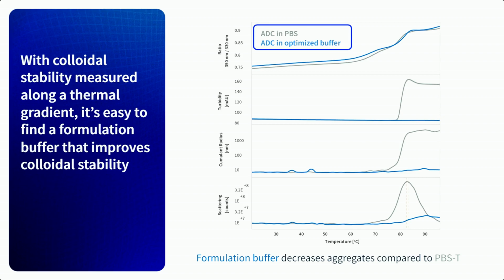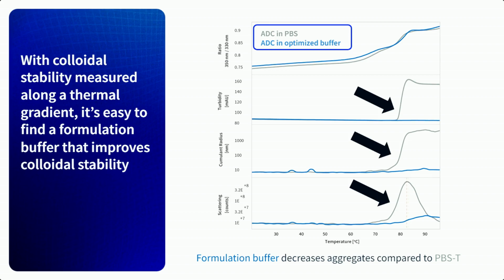You can see the ADC in PBS is in gray and the ADC in the optimized buffer is in blue. Now we see a very slight TM change with the optimized buffer, but this isn't significant for either TM1 or TM2. But, and I think it's obvious when we look at the colloidal stability information, we see a huge change. In the optimized buffer, there's no longer any formation of large aggregates, which we see with the turbidity information from